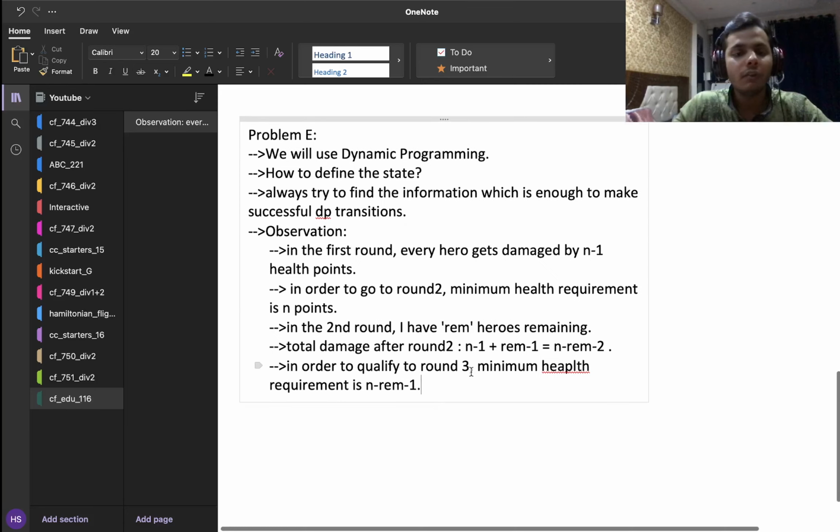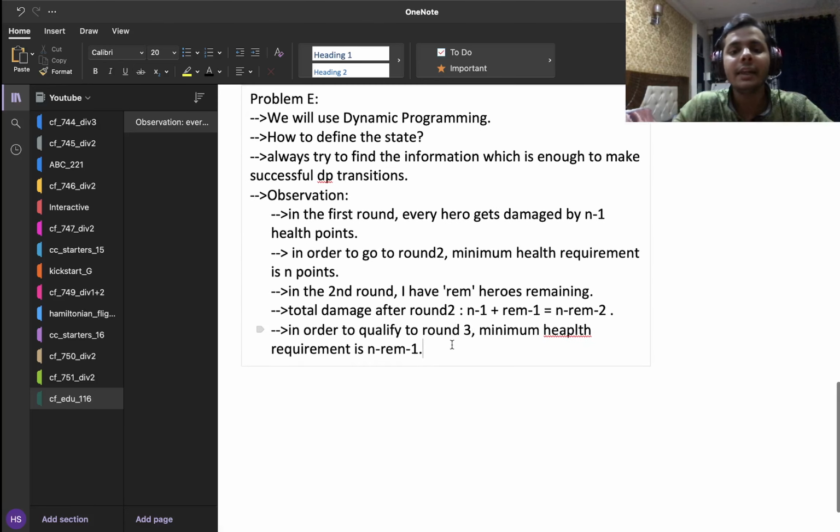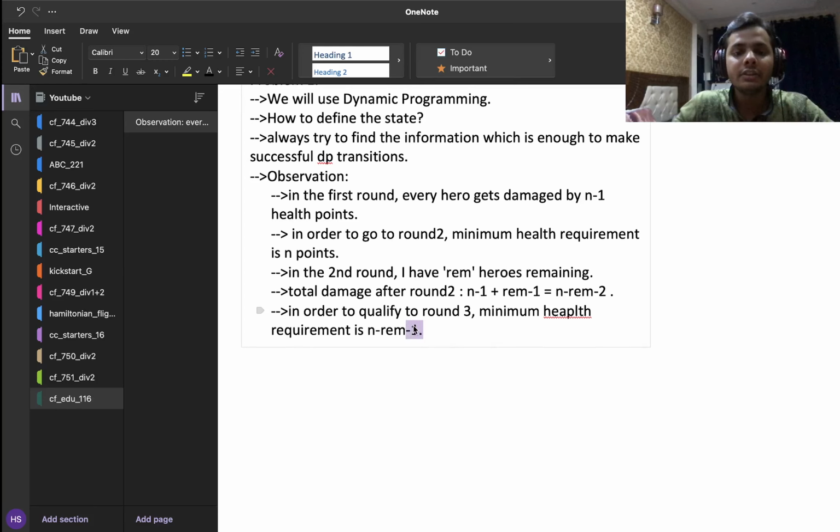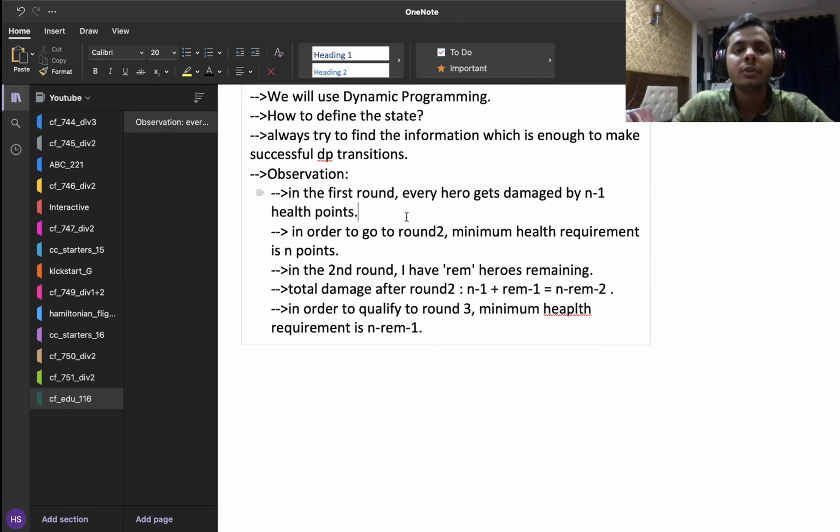So what we are trying to see here is that in every round there is a quantity called the minimum requirement, which is needed so that we qualify to this round. We are already in the first round, so the minimum requirement to qualify for the first round is just 1 health point, and the minimum requirement to qualify for the second round is n minus 1 health points.